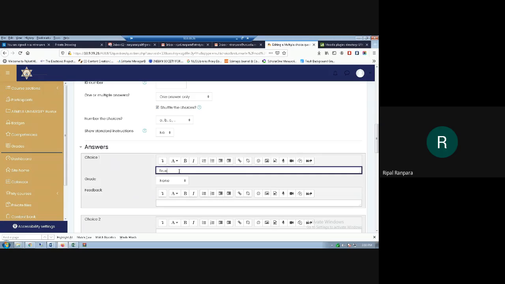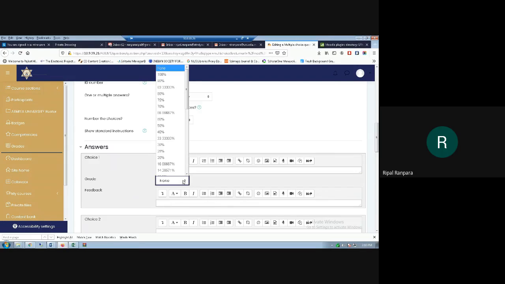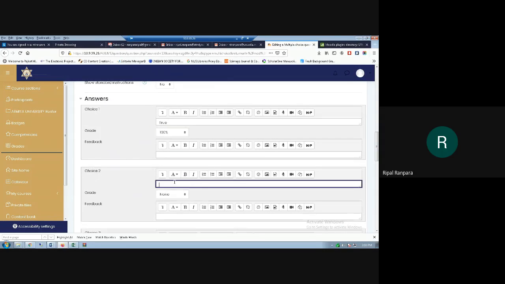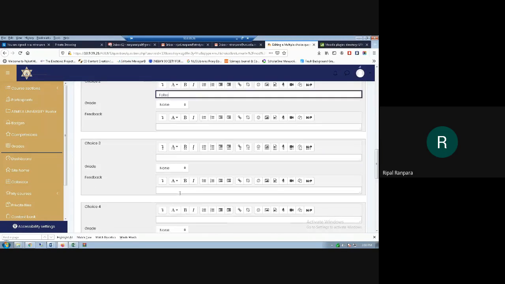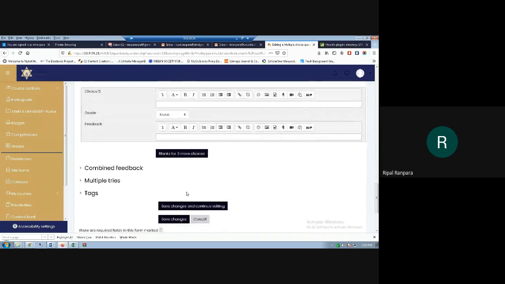If the student selects this answer, then he or she will get 100 percent. The other one is false. If the student selects this particular answer, then there is no mark, so it's none. There are no other choices, so I can just save changes, that's it.